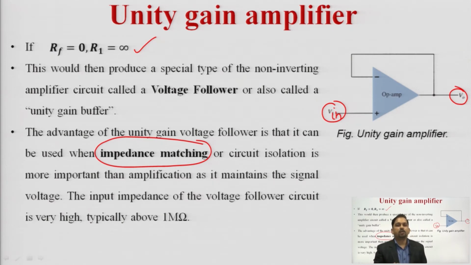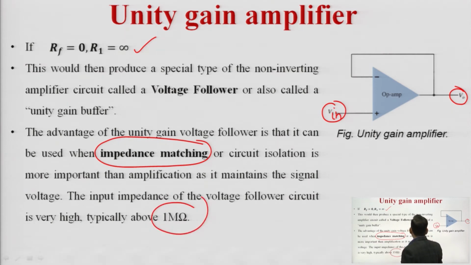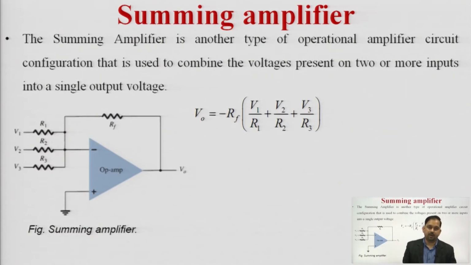impedance matching, somewhere in the transmission lines also, that if you want to transfer the maximum power from the generator to the source end, we have to use this impedance matching concept. So what we have is that the input impedance is very, very high and the output impedance is very, very low. The output is equal to input, V naught is equal to V in. So naturally the gain AV will be equal to 1. Voltage gain is equal to 1, that's why it is known as the unity gain amplifier.